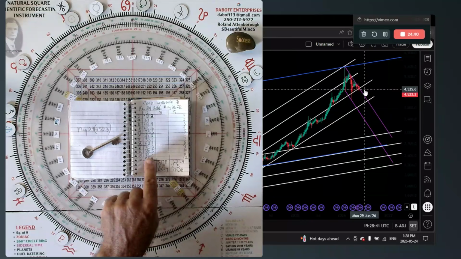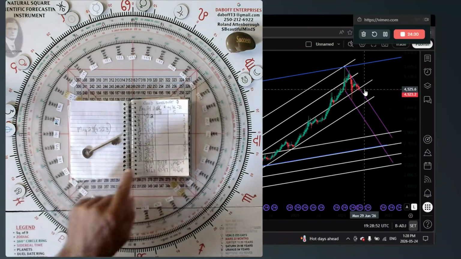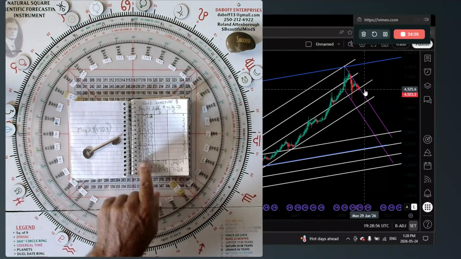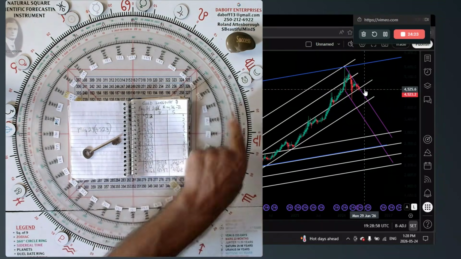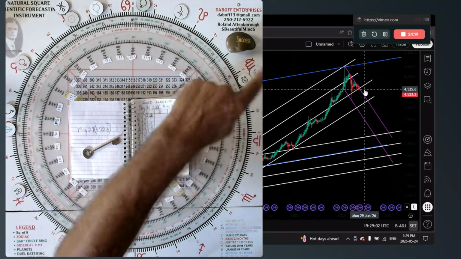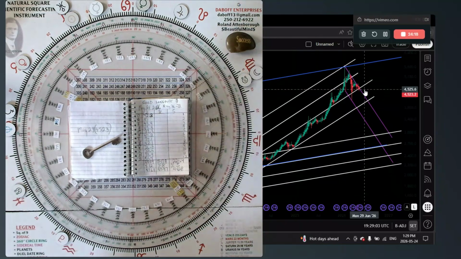33.3, or sorry, 0.4. There's the North Node. On the opposite side is the South Node, and it is conjunct the Moon at 51.4. There is 51 on the circle, 0.4. Okay, so you got it. It's not that difficult. Now that we have the key, let's go take a look at the price